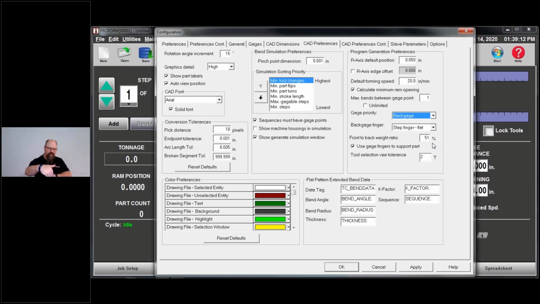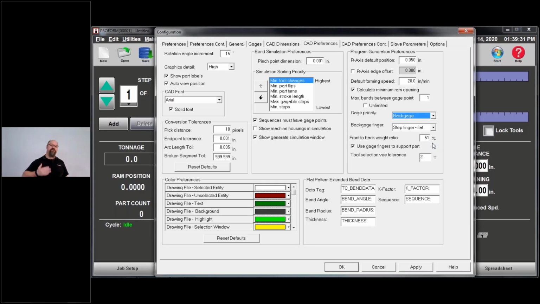Because if it droops back into the gauge area, I have to sit there and try to hold the part to keep it from falling in. Whereas if I have more than half the weight towards me, I can simply hold the part. I can use my material supports. I can use a table, whatever it is you guys are using for material supports. I like to have the weight where I can handle it.